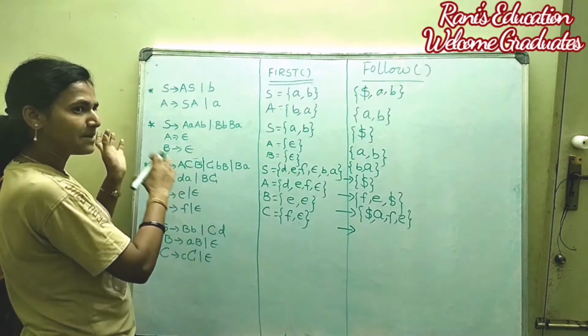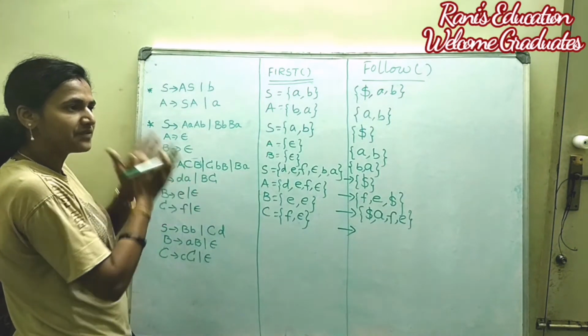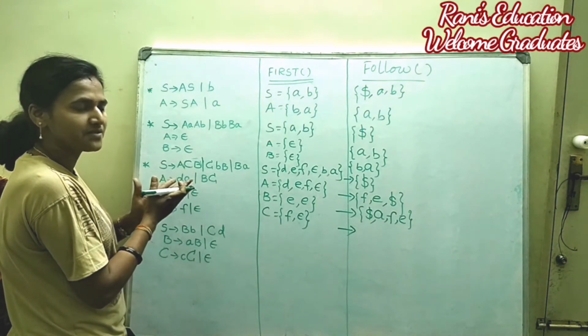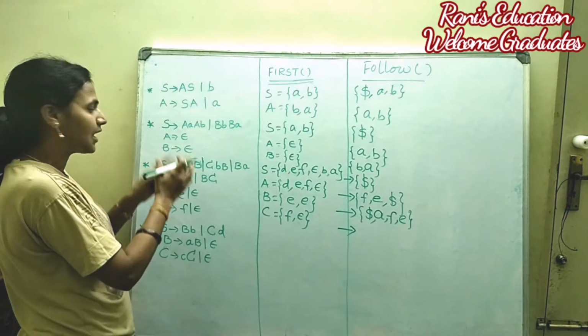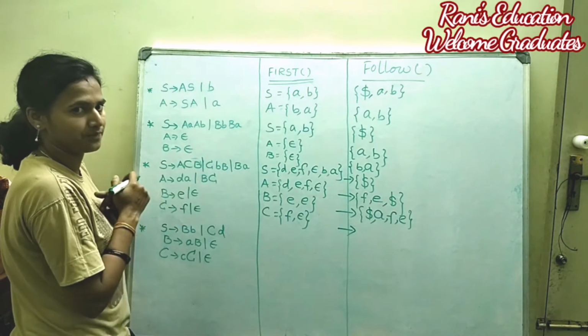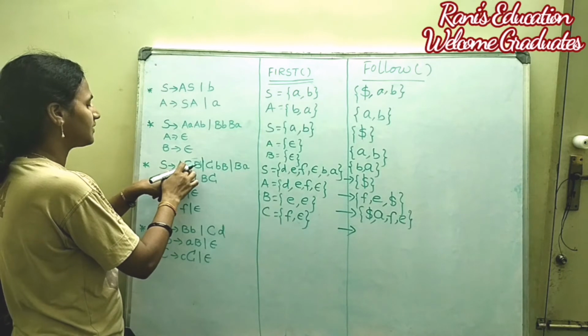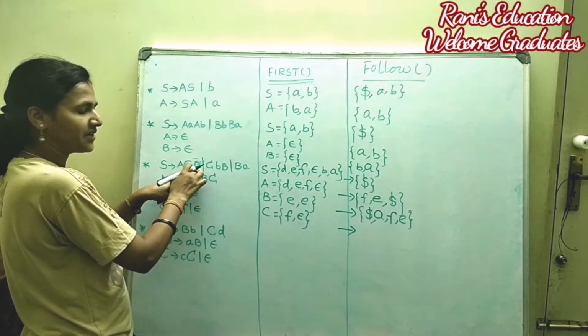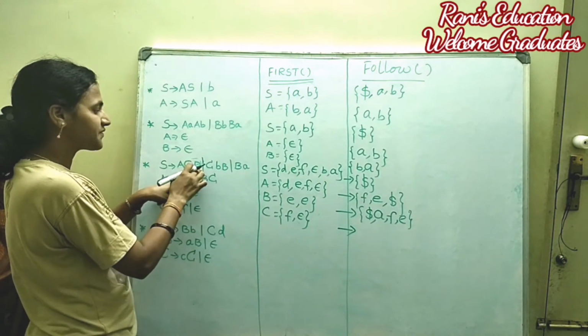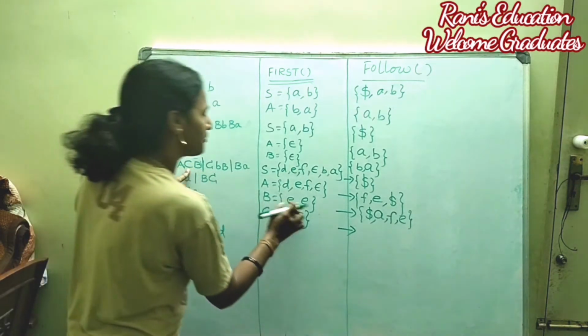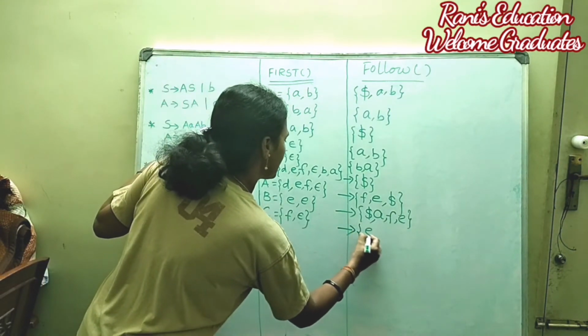If so, what is the immediate grammar symbol? If there is any immediate grammar symbol, for that grammar symbol we are going to compute the first function. In the first production, after C we have a grammar symbol B. What is first of B here? First of B is E and epsilon.